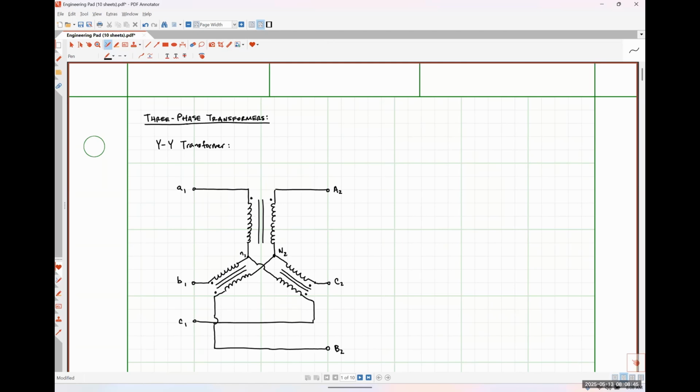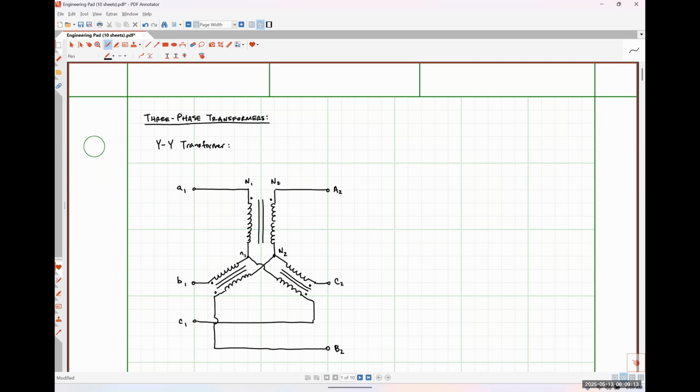So we can realistically just treat this as if it were three single phase transformers all connected together. Okay. So for a system like this, where let's say that there's N1 turns on all of the primary windings and N2 turns on all of the secondary windings, so that all of our coils are identical, what we would find